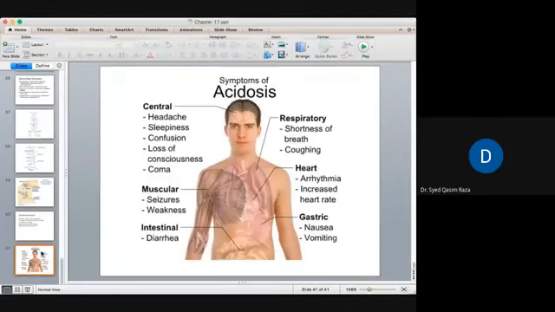सेंट्रल नर्वस सिस्टम में हेडेक है, स्लीपनेस है, कंफ्यूजन है, लॉस ऑफ कॉन्शियसनेस है, कॉमा। और मस्कुलर में सीजर, वीकनेस, इंटेस्टाइनल में डायरिया हो सकता है, गैस्ट्रिक में नॉसिया एंड वोमिटिंग है, हार्ट में अरिथमिया और हार्ट रेट इंक्रीज हो जाएगा, रेस्पिरेटरी में शॉर्टनेस ऑफ ब्रीथ, कफिंग है, दीज आर द सिम्टम्स ऑफ द एसिडोसिस।